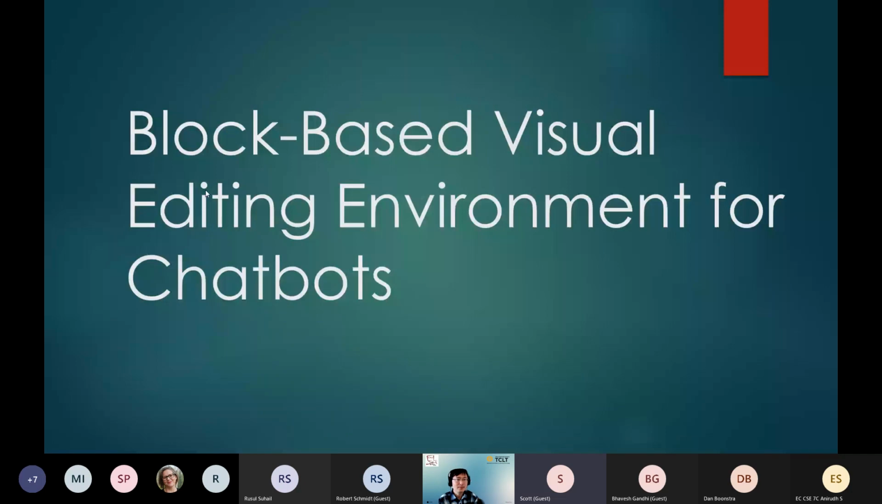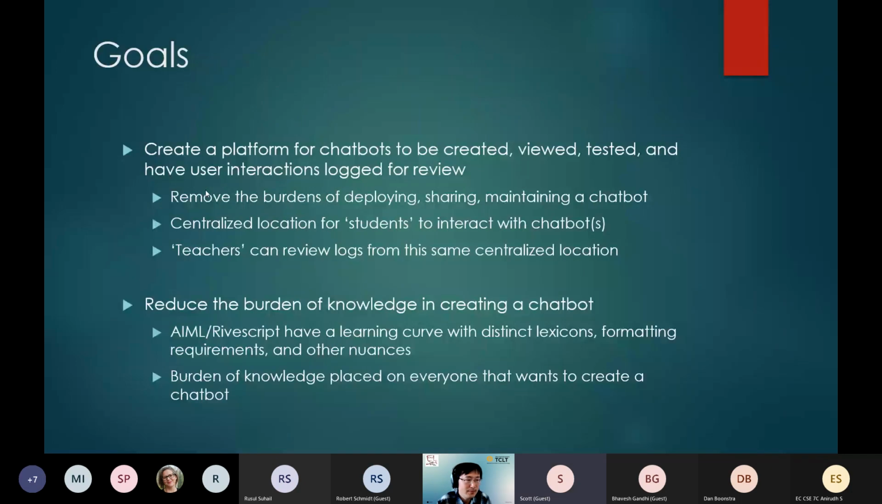The goals of this were to create a platform for chatbots to be created, viewed, tested, and have user interactions logged for review. The benefit here is that you remove the burdens of deploying, sharing, and maintaining a chatbot. JavaScript is very easy to implement, but you do need to have your own web server and your own web space. There's a lot involved in simply hosting a website of any kind. And in addition, you then have to understand JavaScript files, point the bot to the correct files, and handle all those things. By creating a centralized location for that,